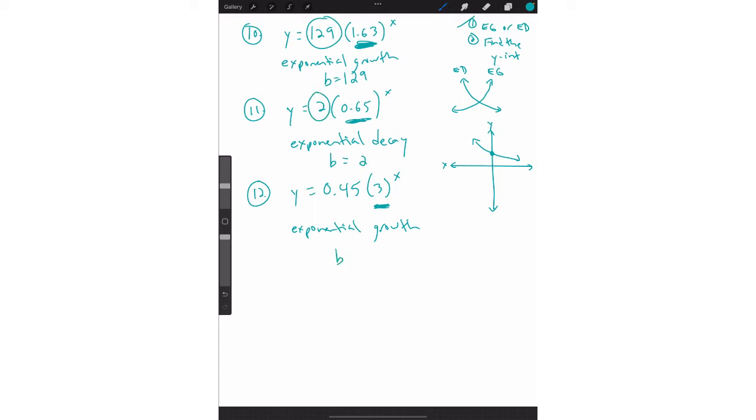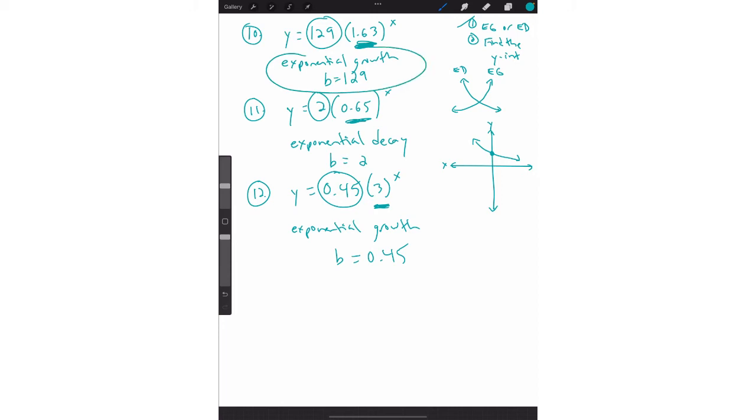And then for the last one, my y-intercept is 0.45. Because if I raise 3 to the power of 0, that gives you 1. 1 times 0.45. Anything times 1 is itself, so it's 0.45. All right, so